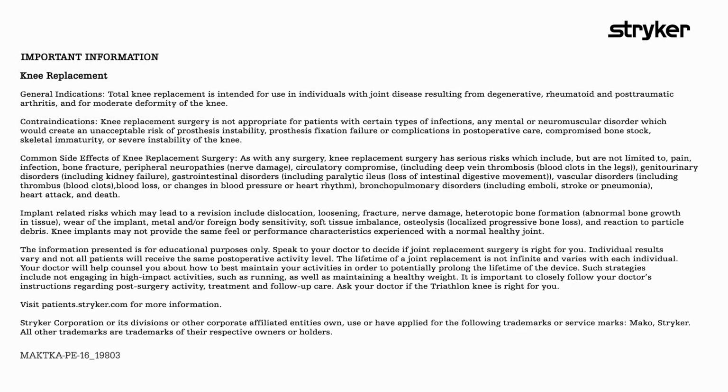So when comparing Mako knee replacement versus a non-robotic or non-Mako knee replacement, what we see in a traditional approach is that we don't have the same level of precision, and we don't have the same level of customization to the patient. So in a traditional knee replacement, we get an X-ray. We realize that the patient has inside disease or outside disease, and in surgery we'll put a rod into the femur and put a cutting block based off that rod, and based on population studies and MRI studies that have looked at the anatomy of the femur, we know that most patients have a certain degree of bow to their end of the bone, and we make that